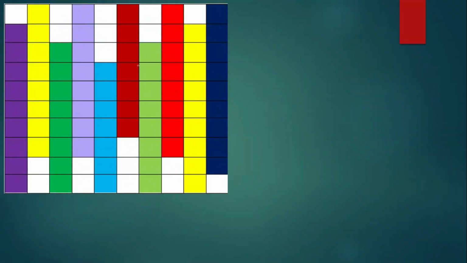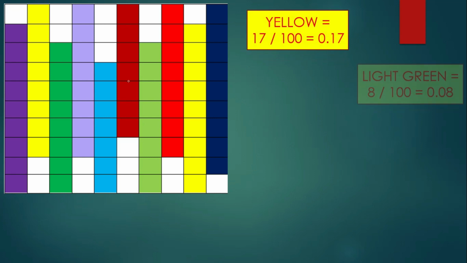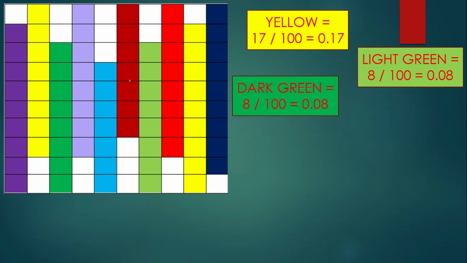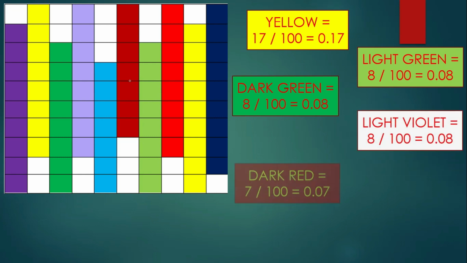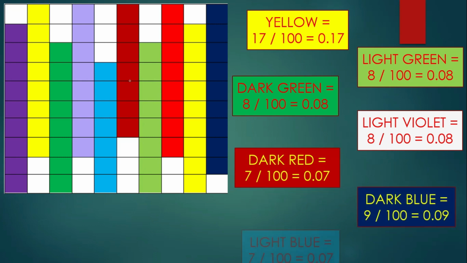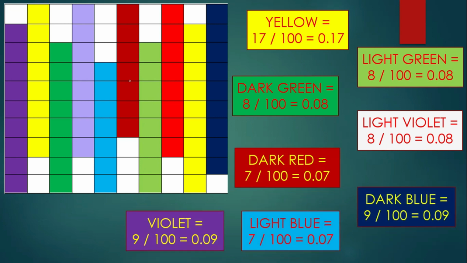Here you can see children, I have used a different pattern. I have totally used the strips to make my pattern, but children, here I have used maximum number of colors. I have used here 9 colors in all, and some of the squares are left without color, and I have not written the fraction and the decimal representation for these colors.